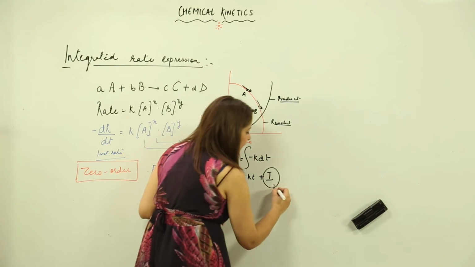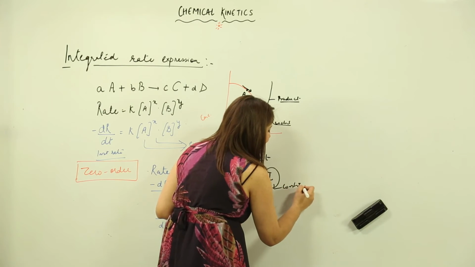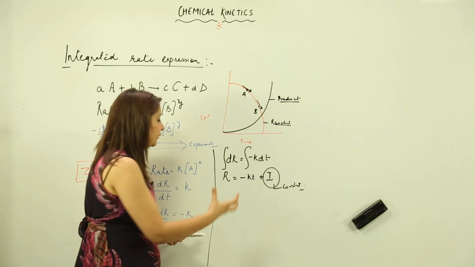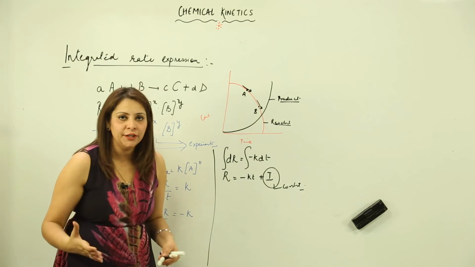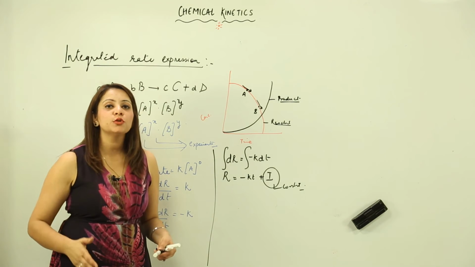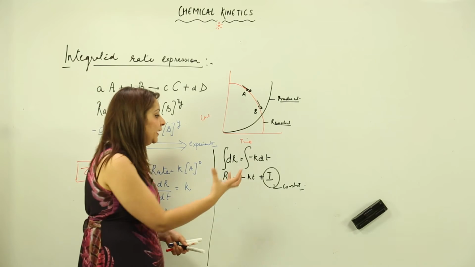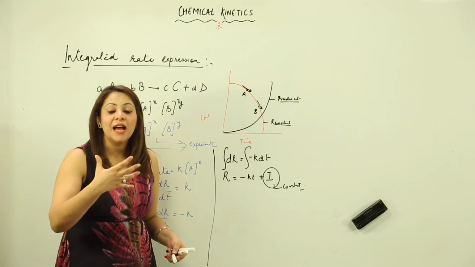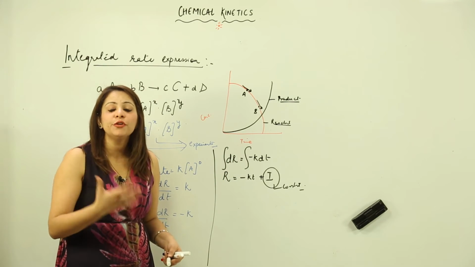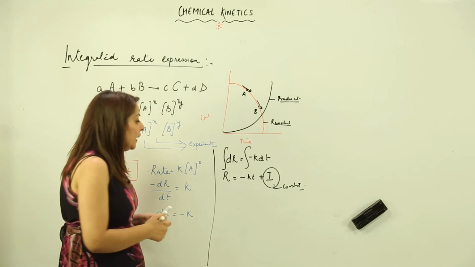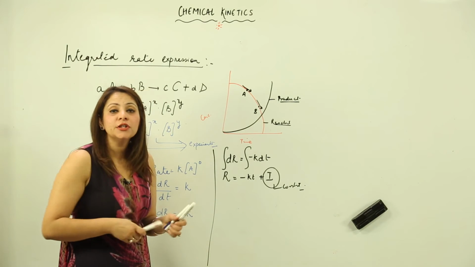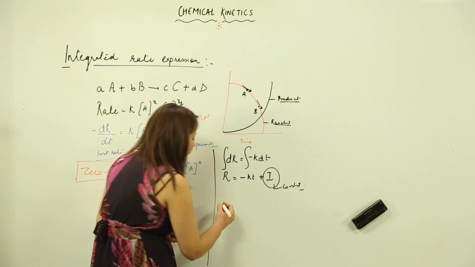So this is a constant which is going to possess different values, as we know that there is a different value for the rate at different temperatures, right. So now we are just going to find the value of this I. As we know, there is a different rate of reaction at different temperatures. Now I am going to consider the rate of reaction on considering the time as 0.